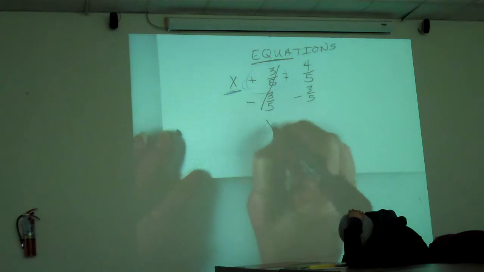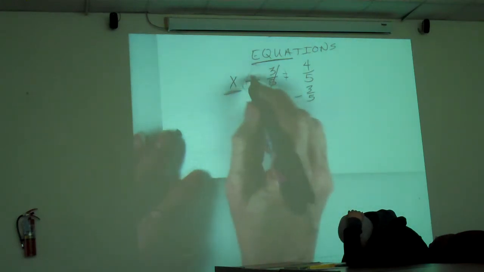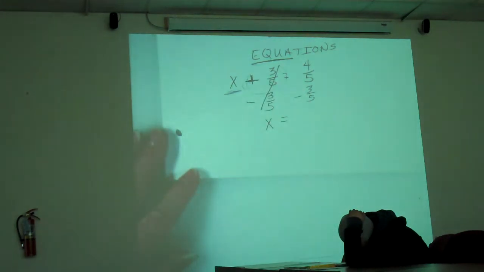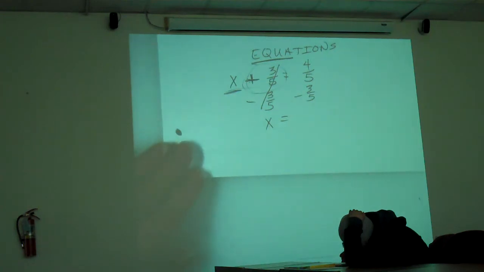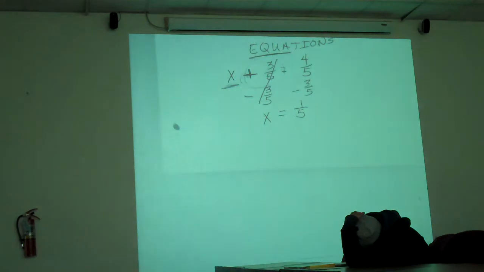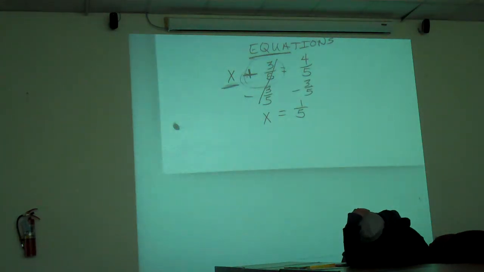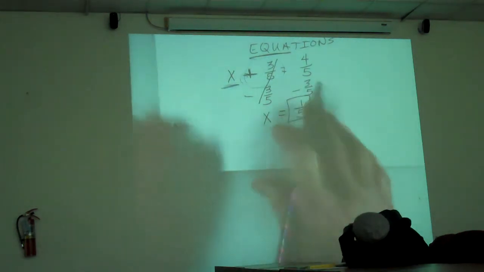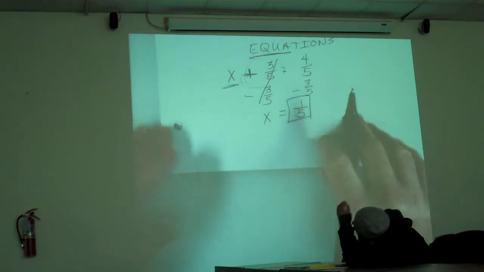So I want you to get used to showing that you did the opposite of what was by the variable. Okay, 4/5 minus 3/5 is 1/5, which was what you knew it was going to be anyway. We'll do some where you can't just know it. We'll do some problems where you actually need it. Like